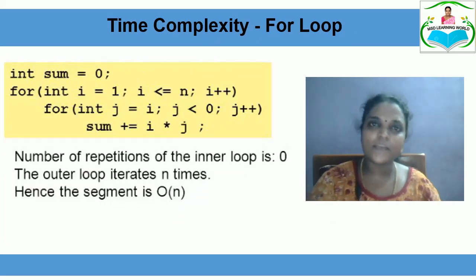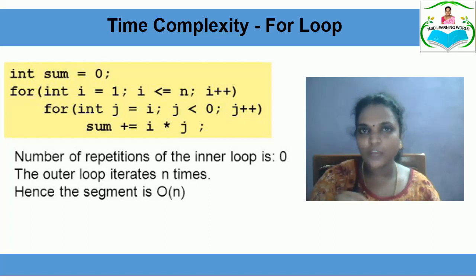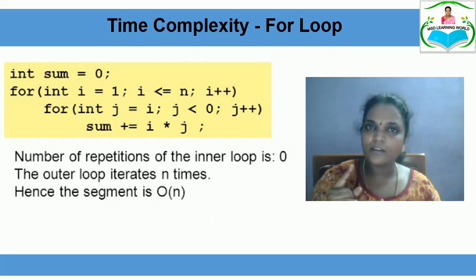When we consider this example, you have two for loops, that is, a nested loop, where the outer for loop is i equal to 0, i less than n, and is executed n number of times. Whereas in the inner j loop, j is initialized from the value i and the condition is j less than 0. So when i is 1, j also becomes 1, and 1 less than 0, the condition never gets satisfied. Again, when the i loop is incremented to 2, 2 is less than n, the condition is satisfied and it goes inside.